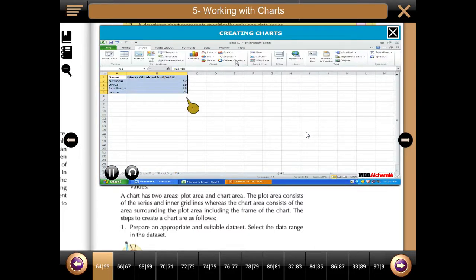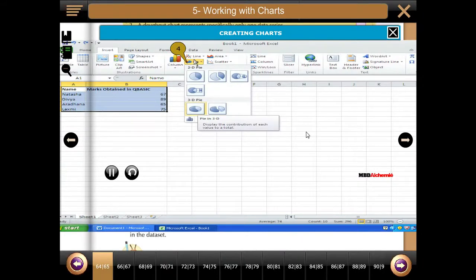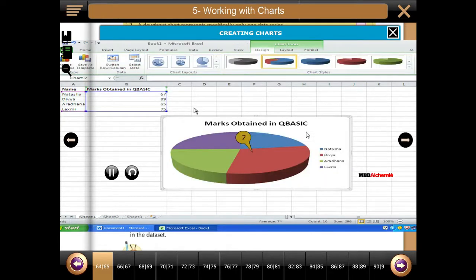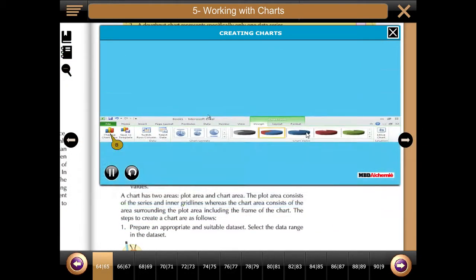Pie chart displays a drop-down list which contains 2D pie and 3D pie chart sections. 3D pie section contains two types of charts, pie in 3D and exploded pie in 3D sections. Select Pie in 3D option. Excel will add a 3D pie chart to the sheet. The Change Chart Type button is used to change to a different type of chart from the given list. The Save As Template button is used to save the formatting and layout of this chart as a template you can apply for future charts.